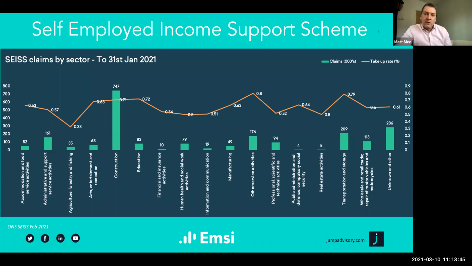I think it will vary by sector again. It's not dissimilar to the furlough scheme, in that where businesses are able to get back to work and start earning money. And I think lockdown 3.0, we've seen across the board in all of our customer sectors a lot more confidence, and it feels like people have planned for this now, other than where there's that face-to-face contact. So my sense is these numbers will go down, particularly as we get through probably the next